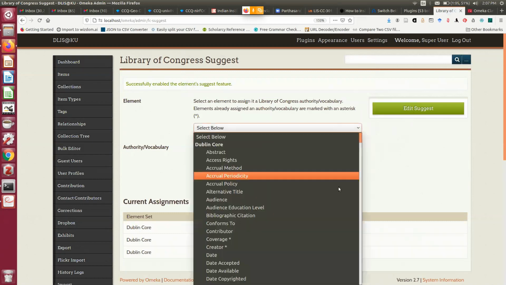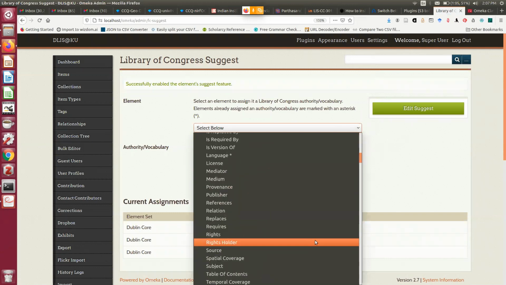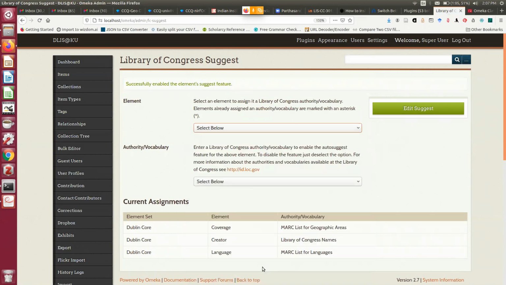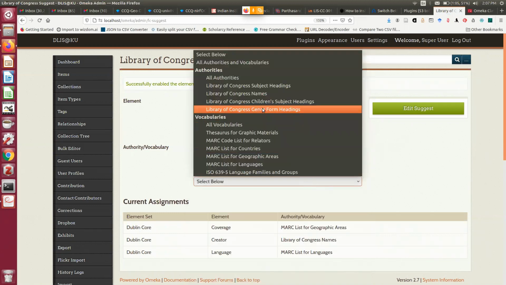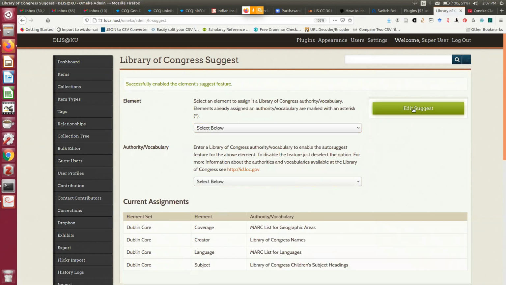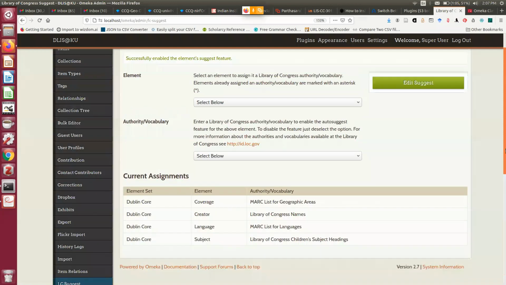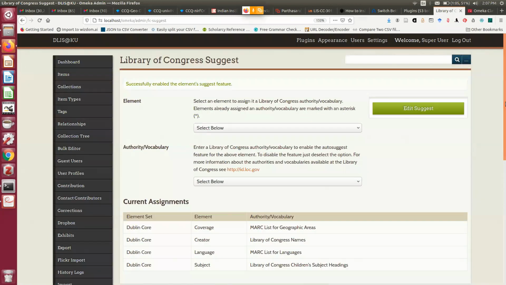And the most obvious one is dc.subject. dc.subject is related with Library of Congress subject headings. So you can see in my metadata, language, subject, creator, all are linked with different kinds of vocabulary control or linked open data authority files.